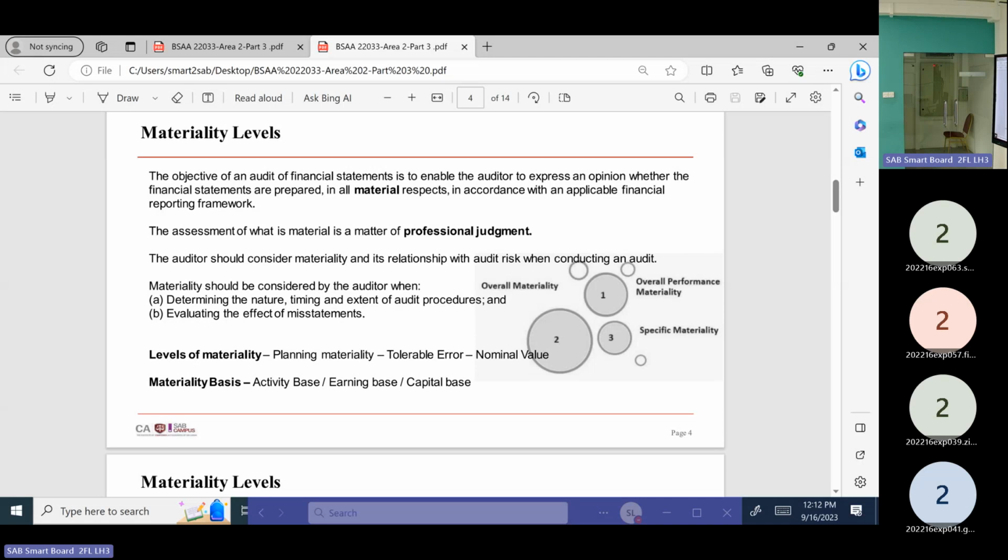How are we going to do that now? Can we give an exact number? Or is that a judgmental call? Very difficult to give a number. So we have a set of financial statements. As auditor, we have to determine a number above which things are material and significant. How can we do that?